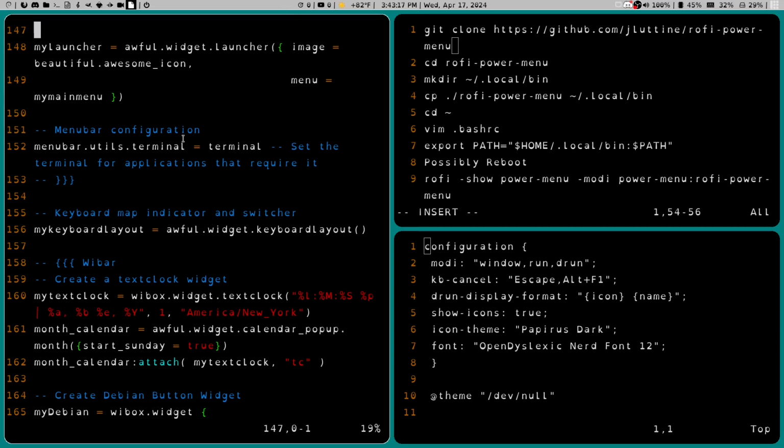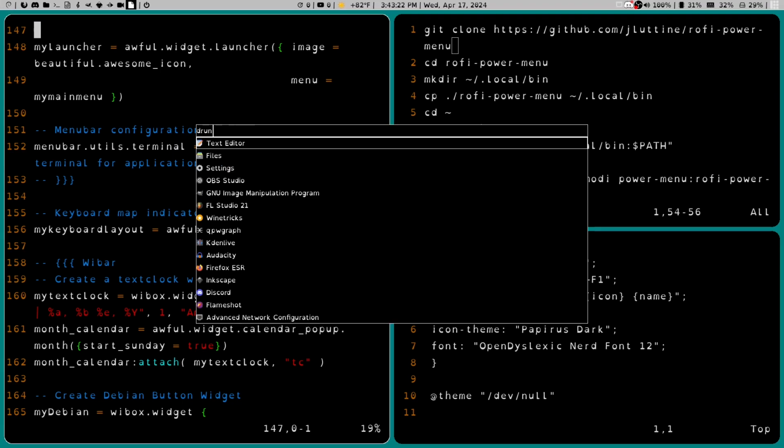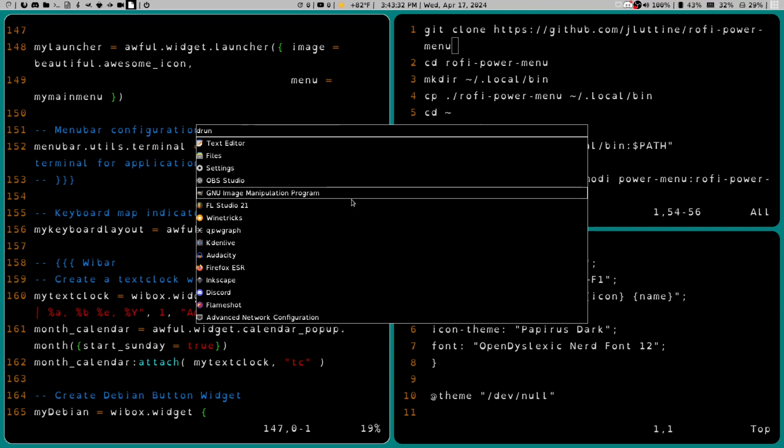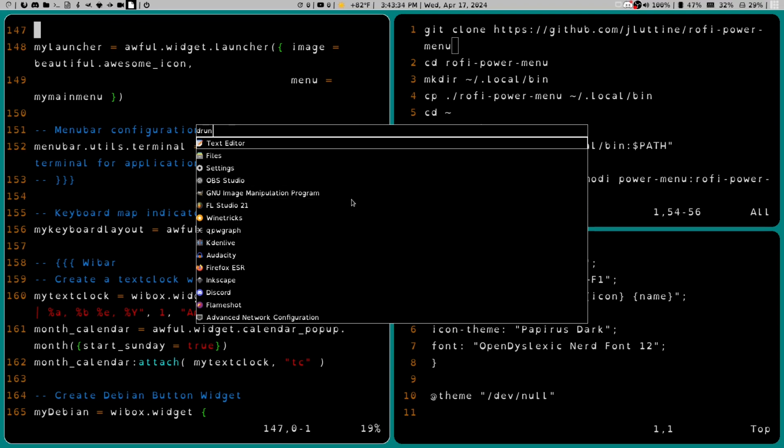The basic workings of this is that you either press a button or a keybind and it pulls up this menu here. In this menu, you either use your arrow keys or you can use your mouse to scroll up and down to the app that you want to go to, and then you just hit enter and it should open up your application just fine. Or you can also search in this search bar here for the app that you're looking for and then hit